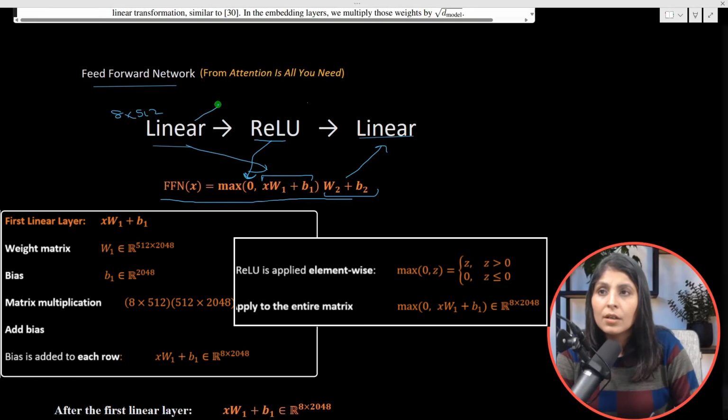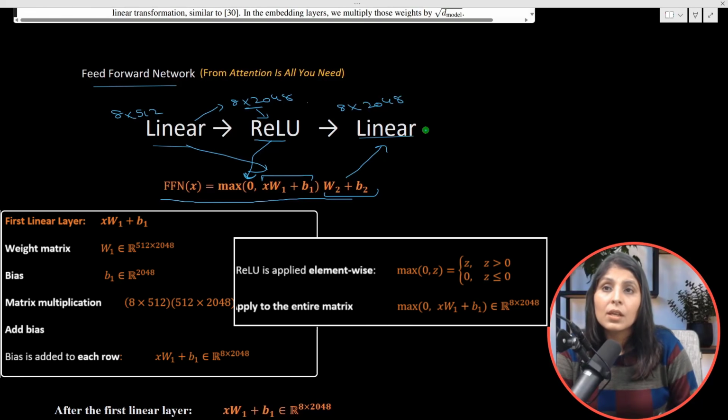But this linear layer projected it to 8 into 2048 because it wants to have a deeper understanding of the tokens. And then the input to the ReLU is this matrix. Now ReLU activation function added non-linearity to it. It converted all the negative values to 0. And then the input to this second linear layer is a matrix of shape 8 into 2048. But remember, this layer should produce an output of size 8 into 512. Why? Because the input of encoder is